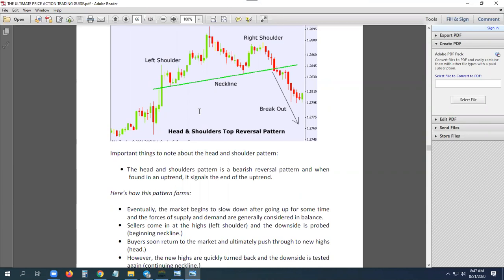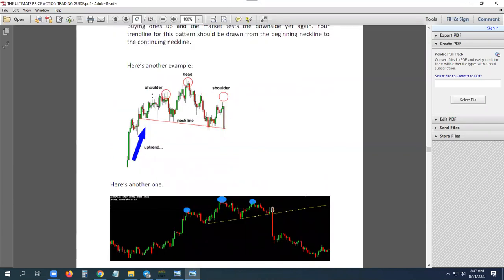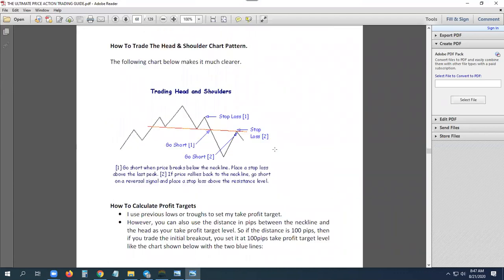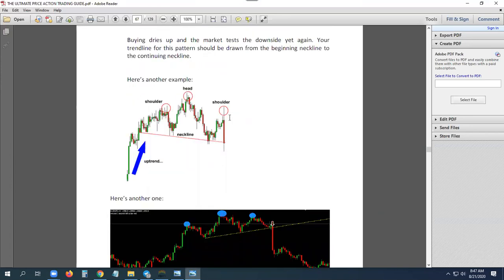So if you look at how to enter the trade, I think there's still another example. Shoulder 1, head, shoulder 2, neckline, you expect a breakout. So when the breakout occurs, that's where you trade. And about stop loss, you see, above the last shoulder, you put your stop loss. You go short immediately you break the neckline, or if the market ever pulls back to your shoulder, look at that.